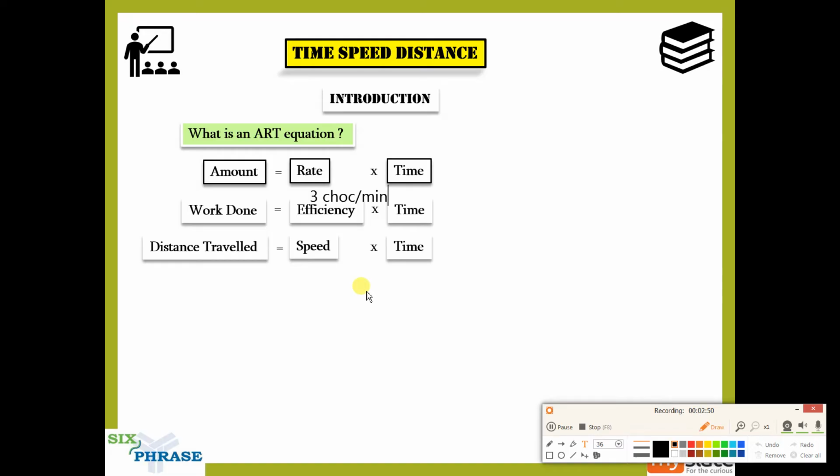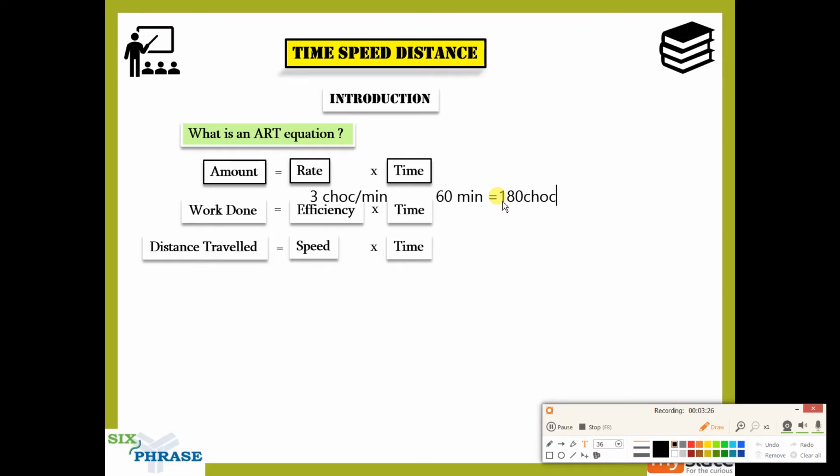Now this is efficiency. Now what is time? If I say the time taken is 1 hour, you cannot directly multiply here. This is where conversion comes about, because this is in minutes and this is in hours. So what should you do? Convert hours into minutes. We'll look at how to do conversions in a later slide, but right now 1 hour is 60 minutes. So now you can multiply, because both are in minutes. If you multiply efficiency into time, 3 into 60 will give you 180 chocolates.